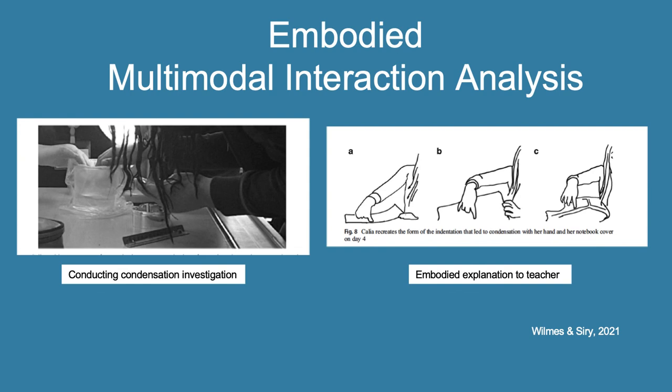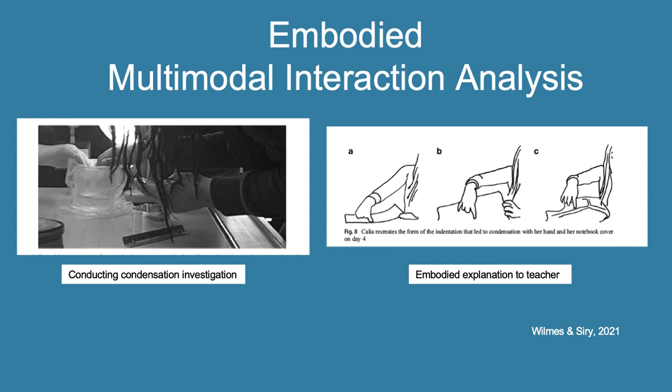When we analyze this later, using the multimodal interaction analysis and looking at the gestures she employed, what she said to a teacher to explain her meaning making over time, we saw that she created very similar gestures to what had happened with the materials in class and the top of a notebook to say, look, it bent like this and the water rolled here and it did this. And so it was only in looking at her gestures and her body in combination with what she was saying to the teacher that we could see what she had gained in that meaning-making process.